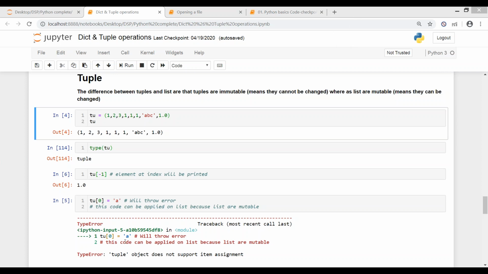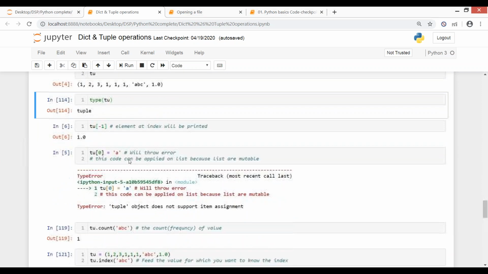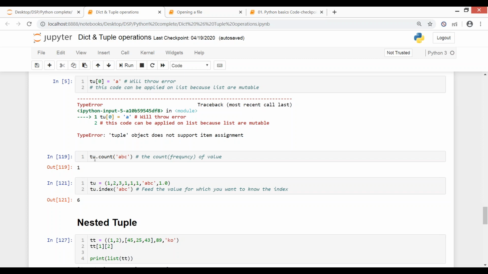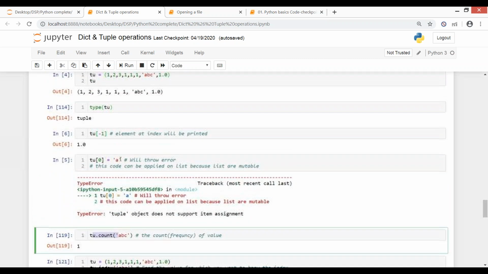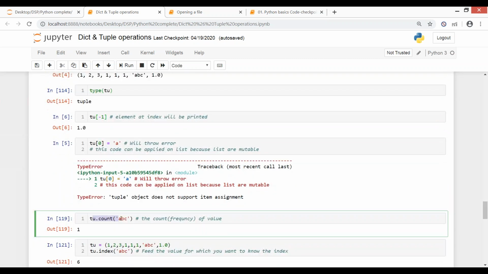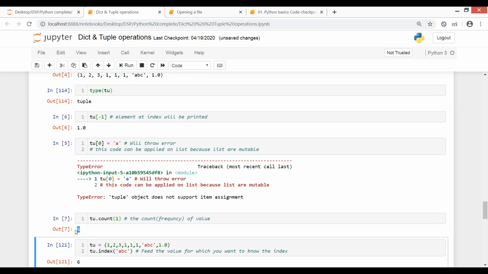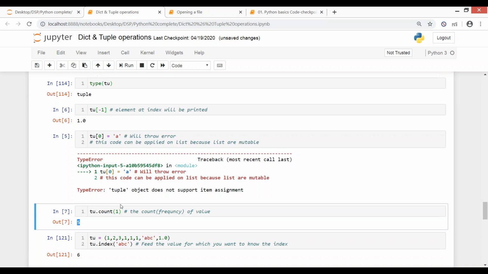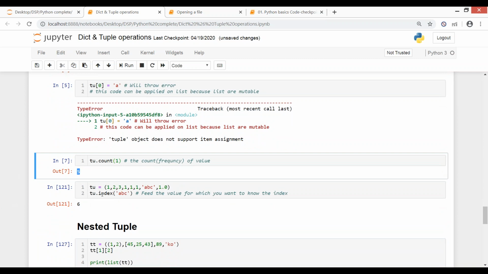Okay, then moving on. The next command which is allowed in tuple is the count command. This will allow you to count the occurrence of an element. Do we have any repetition here? Yes. So let's say I want to count the number of times value A has occurred in my tuple. You see it gave me 5. Whatever value you feed into the round parentheses, it will return the count of that value.